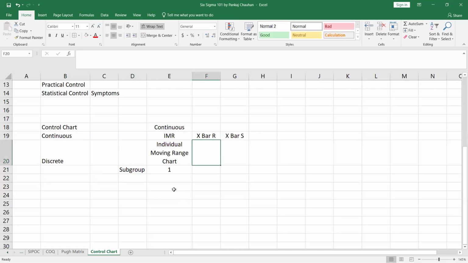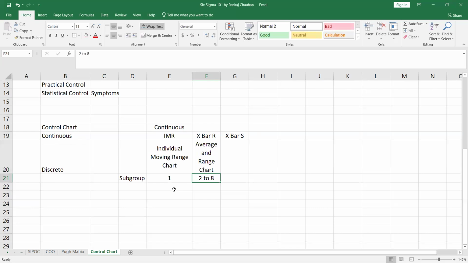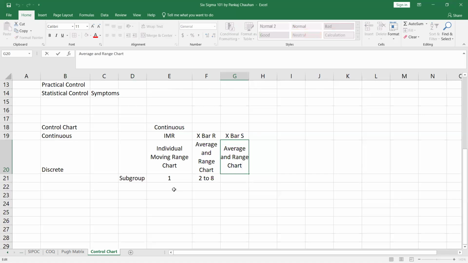But when you are taking the X bar R chart, which is an average and range chart, we use a subgroup of 2 to 5, 2 to 7 basically, or maybe up to 8 max, not more than that. And X bar S stands for average and standard deviation chart,